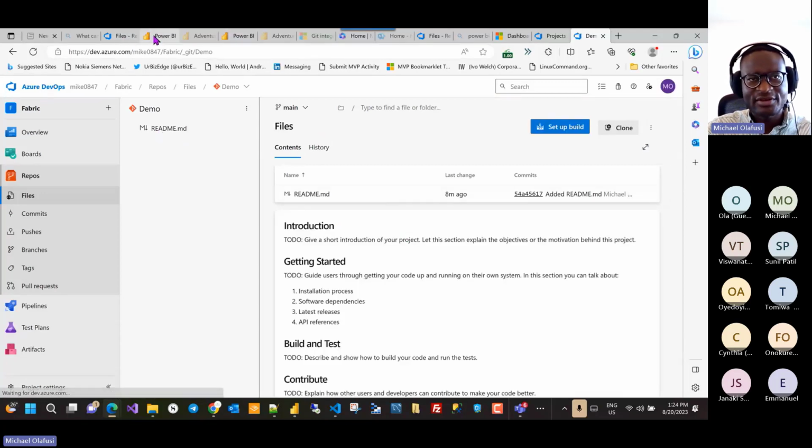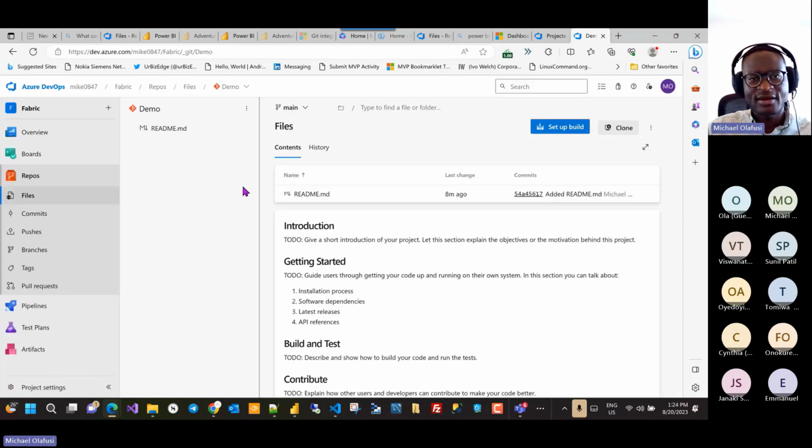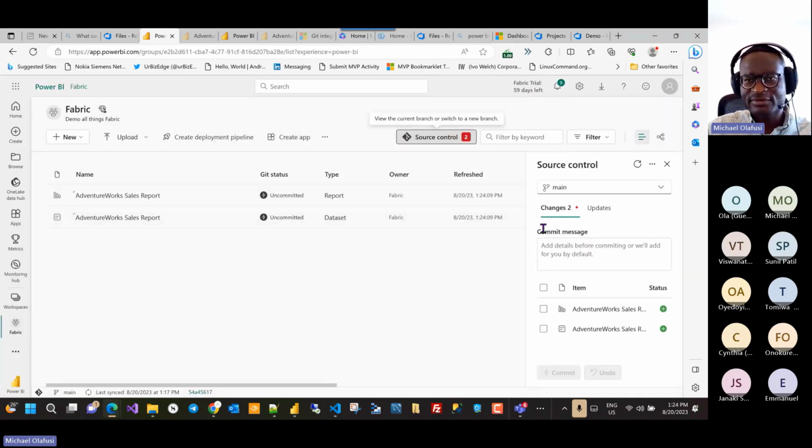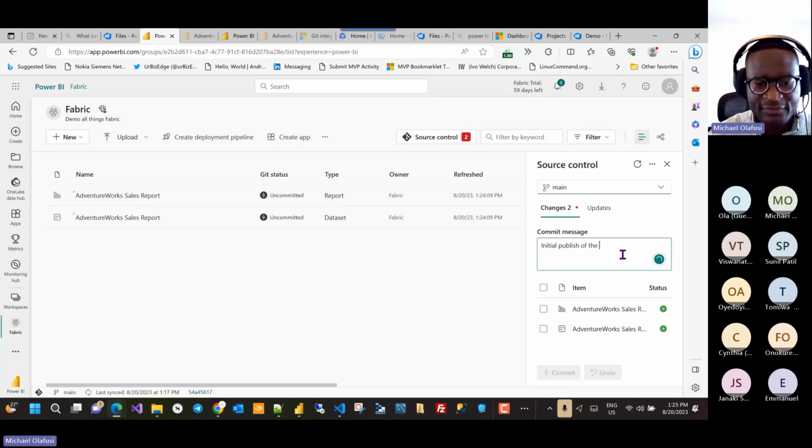So it is monitoring and noticing that I have two things here, in this Power BI service, that are not on the repo, that have not been committed, right? So it's notifying me, pointing my attention with this red two icon, right? So I'm going to say, okay, yes, I know, let's commit it. So: initial publish of the AdventureWorks